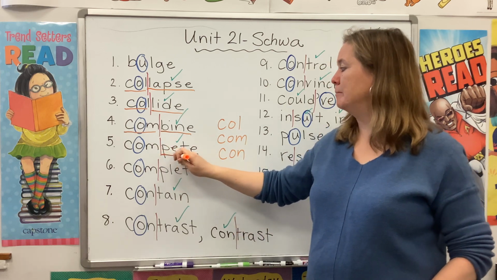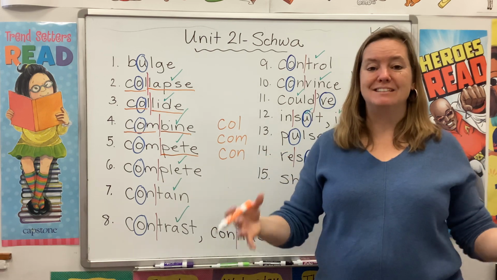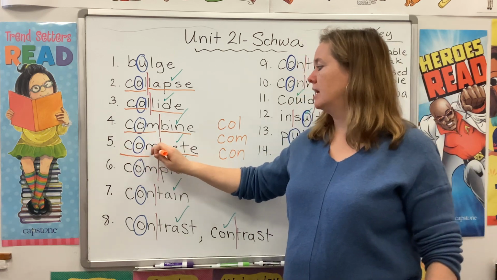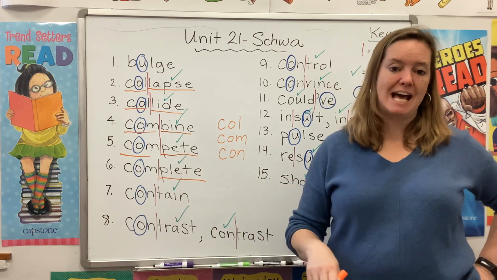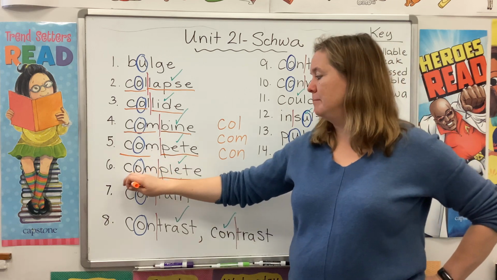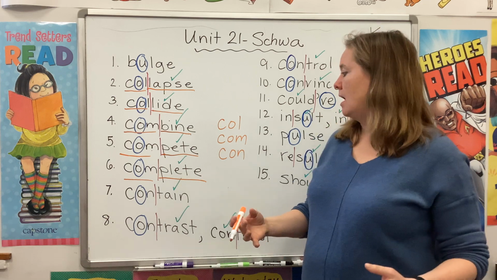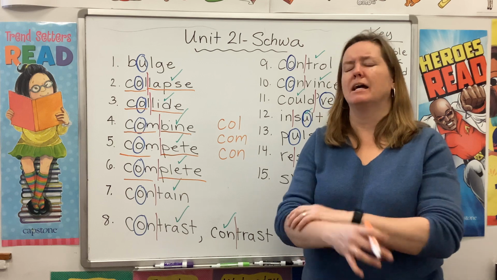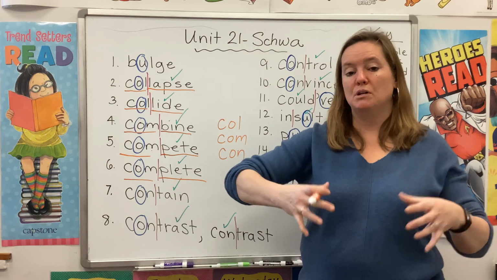So when you compete, you're fighting with someone, or you're racing or challenging with someone. Okay, so we're going to use the com prefix. When you complete a task, notice again our base is starting with P, so we're going to use com. So when you complete something, you're all finished with it. If something contains, like a box contains a bunch of items, those are all the things that are put together